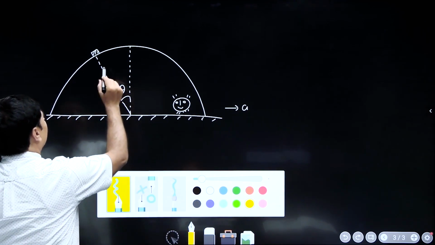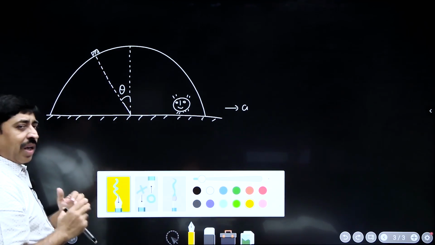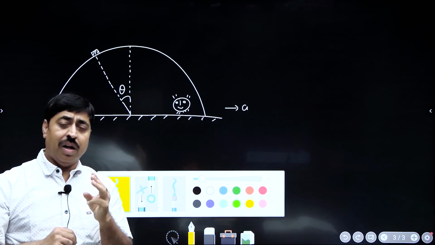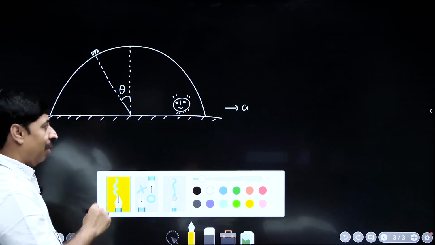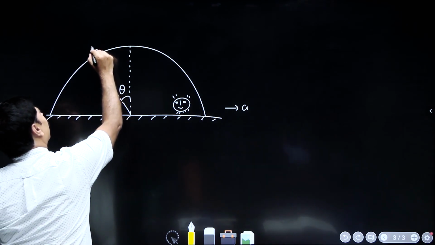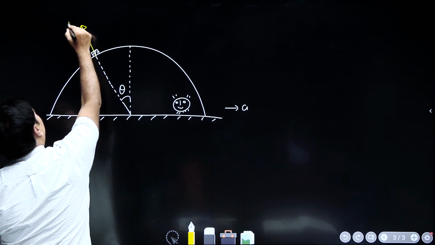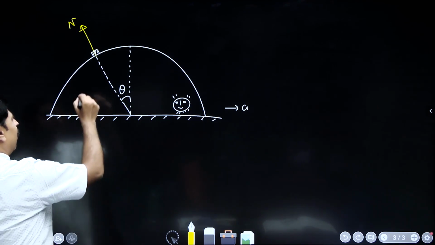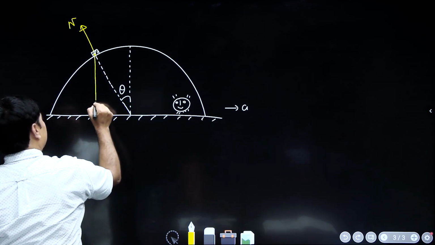Now, what are the forces acting on this block? Precisely, there are 3 forces acting on the block. One, of course, is the normal reaction, which is along the radius. The other one is weight force, which is vertical,